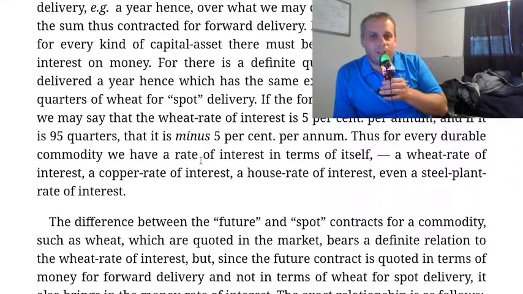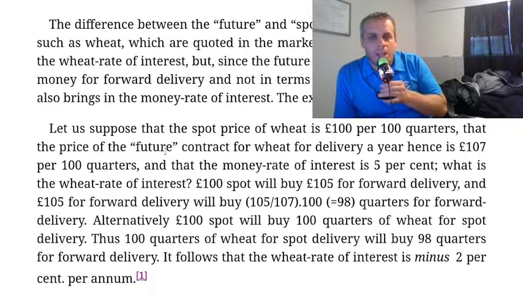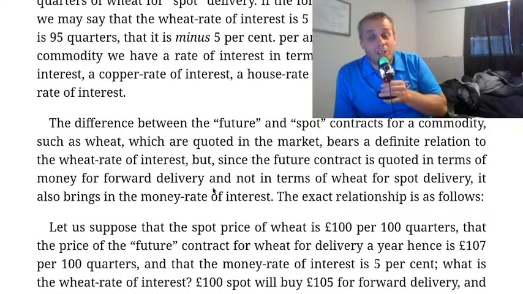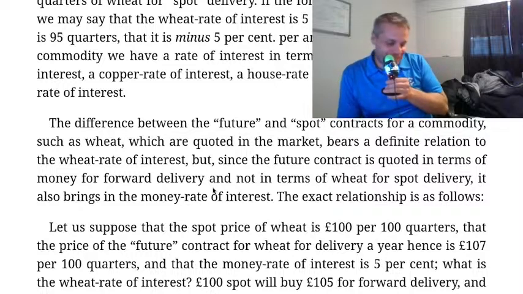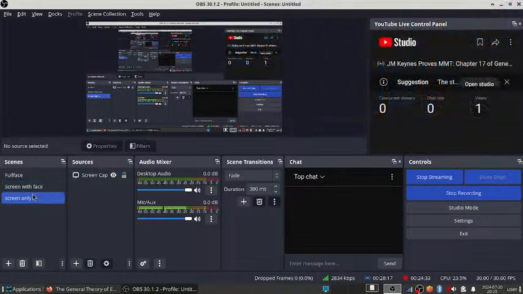And that's not even talking about financial uncertainty. The difference between the future and spot contracts for a commodity such as wheat, which are quoted in the market, bears a definite relation to the wheat rate of interest. But since the future contract is quoted in terms of money for forward delivery and not in terms of wheat for spot delivery, so I have to just totally admire Keynes because he's taking a simple idea, which is a loan,